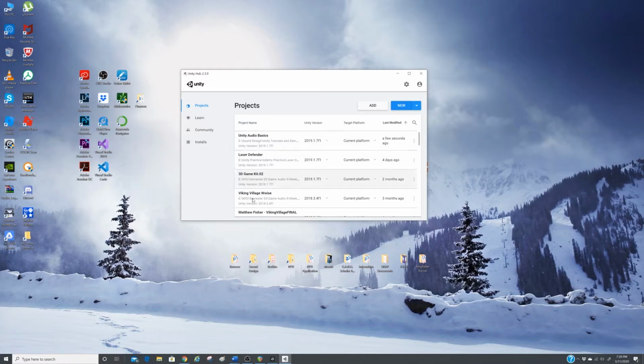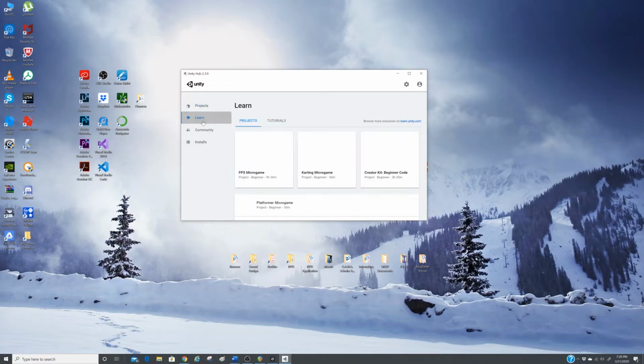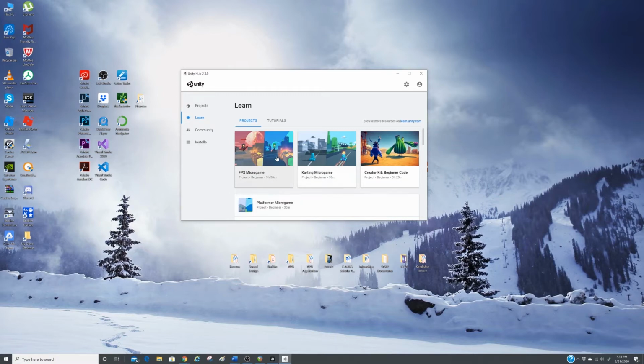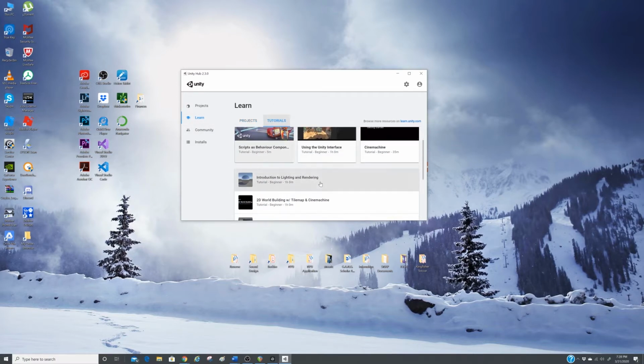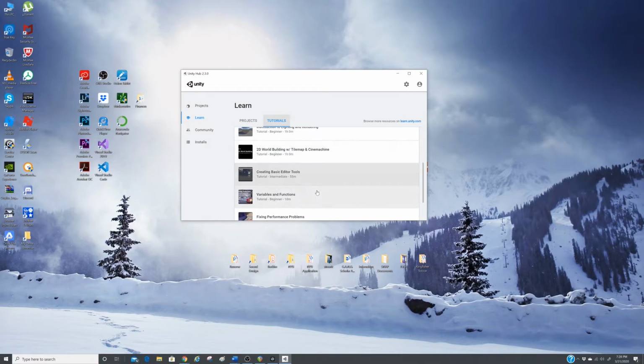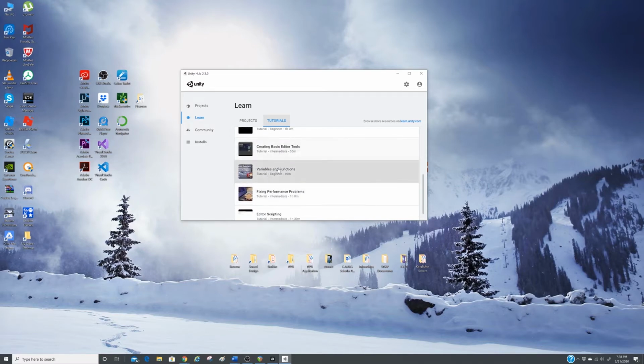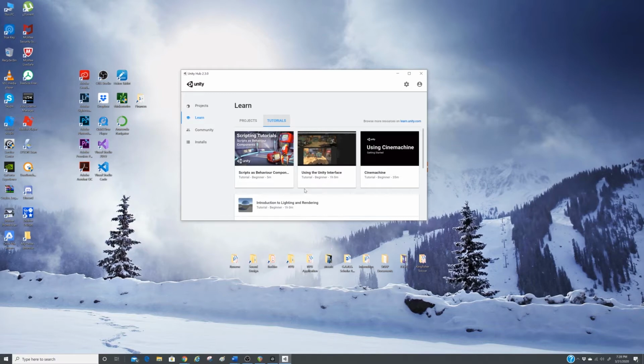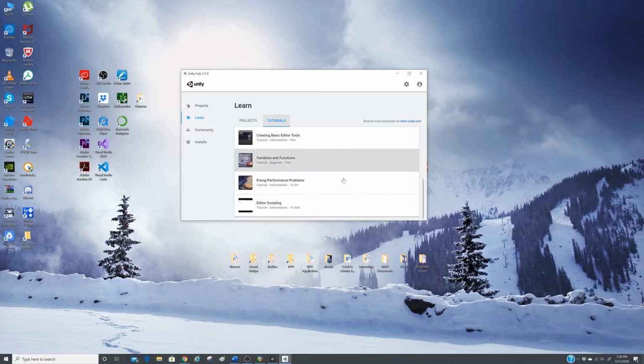These are all the projects that I have open right now that I have on my system. What you need to do first is actually install a version of Unity, because the Unity Hub is just a place where you manage your projects, manage your installs. You can also take a look at a lot of projects and a lot of tutorials in the Learn section. So there are a lot more things about graphics, things about code here, using the interface again. I'm going to go over a lot of that today, but if you're interested in extra tutorials,